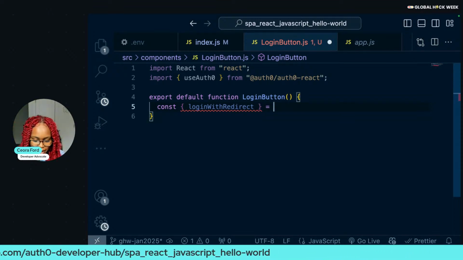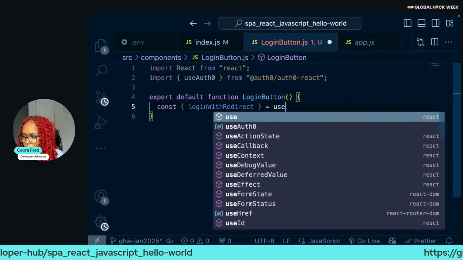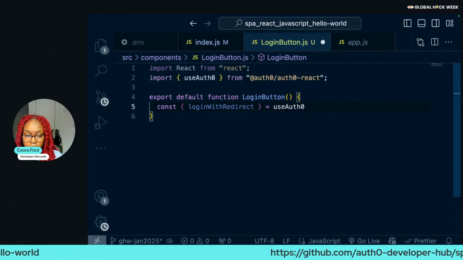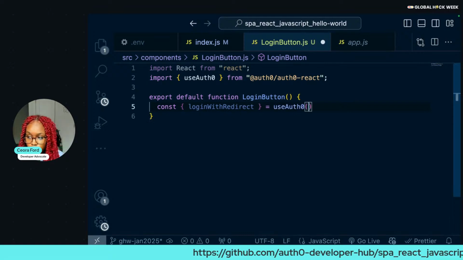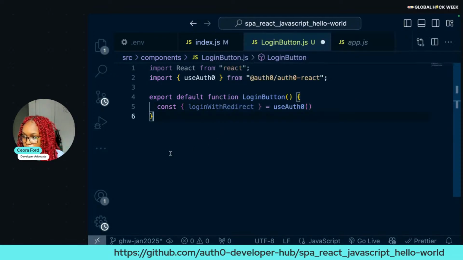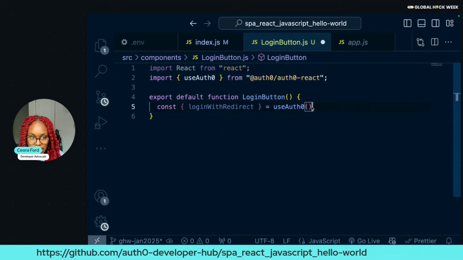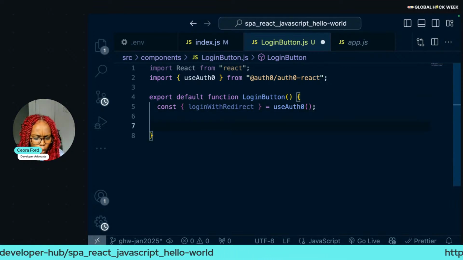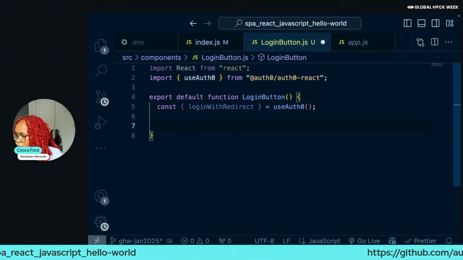Sometimes the things that trip you up are like missing a letter on something like this. Make sure when you're calling that useAuth0, make sure to include the parentheses, because I've missed that before and I was like, why isn't anything working? So